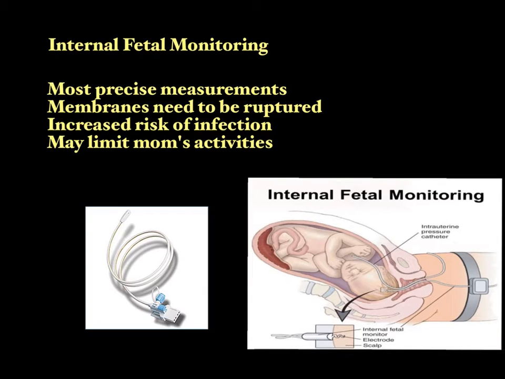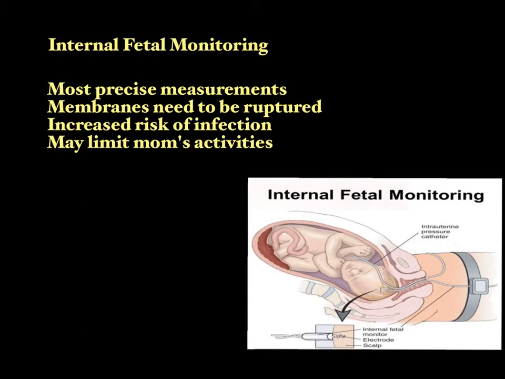But it is invasive. And of course, you have to have ruptured membranes. And as we know, the membranes sort of protect the amniotic sac from any kind of infection. So that's important. The scalp electrode, and I don't see a picture of that here, so I will find one